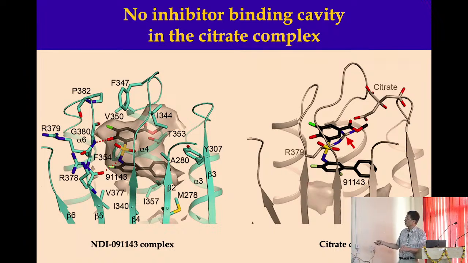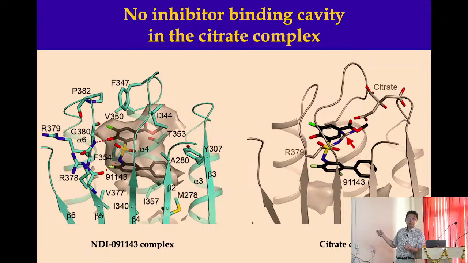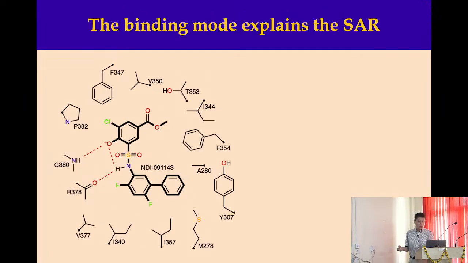Arginine had to swing out of the way, everything had to open up, and the compound slot in, and citrate goes away. So that's how it competes. A conformational change in the enzyme that kicked out citrate. So you can see the compound actually doesn't really overlap the citrate directly that much. The competition is mostly indirect, but still, it gives you the,